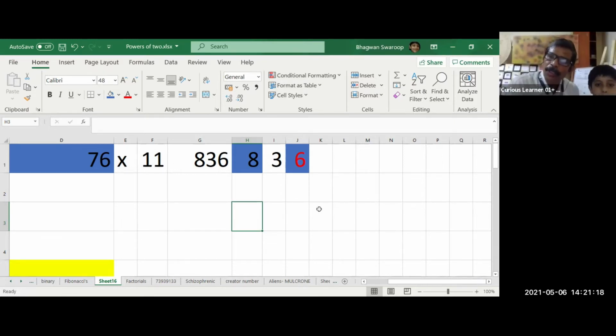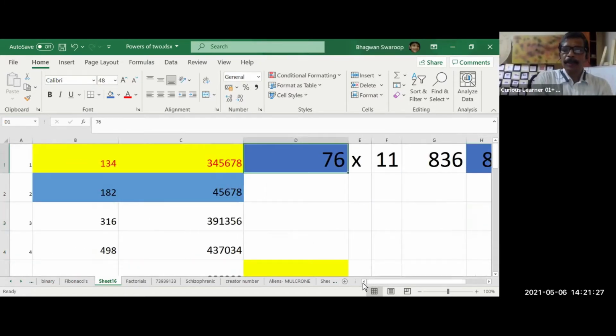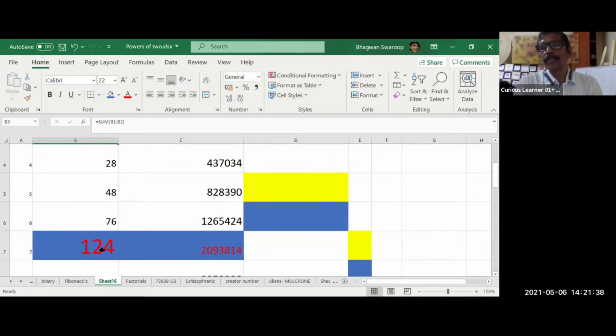Yes. I will tell you. Now we have to go to the whiteboard to do it. I will tell you how to multiply by 11. So suppose you made a Fibonacci series just now with 12 and 8. The 7th digit is 124. You need to multiply 124 by 11, right? This is the question. This is going to be a little tricky, but see what we are doing.